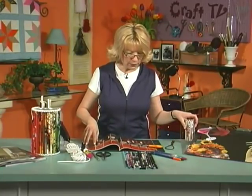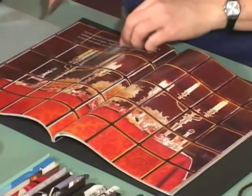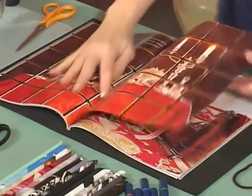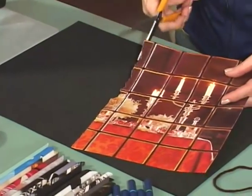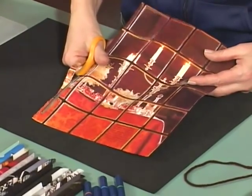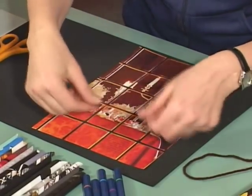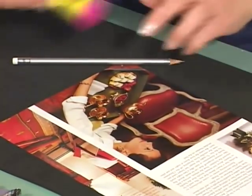And what you do is, whenever you're going through your magazines, you want to select something that has a good edge on it. Because whenever you roll this up, it's just going to basically show the edge of the paper. Let me pull this one out and I'll show you what I mean. Now, after you pull out your entire page, you'll need to trim so that it has a good edge on all four sides. And you're going to curl it up from one end, roll it up. Now with this having the writing here, it's going to be okay because I'm going to roll it up. Now I'm going to flip it over and find just a regular old pencil, and I'm going to use a